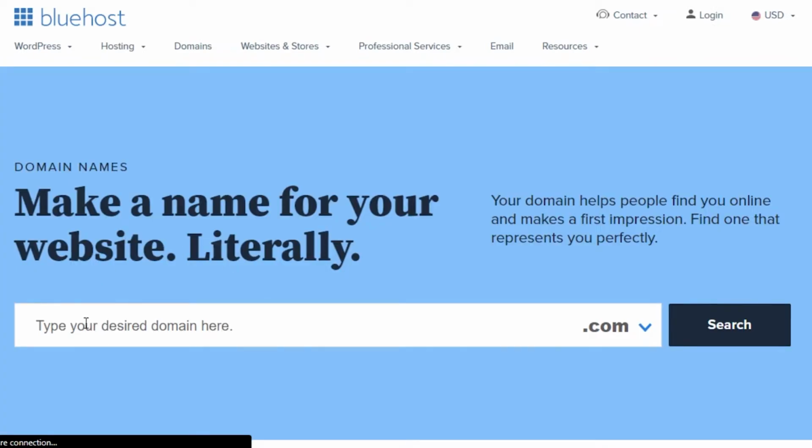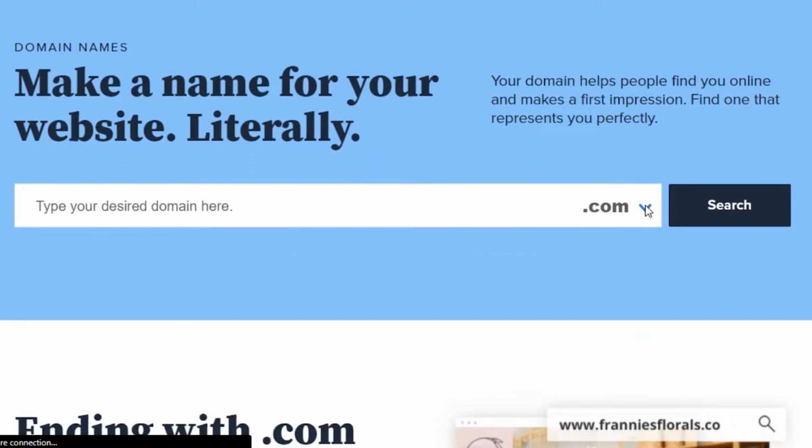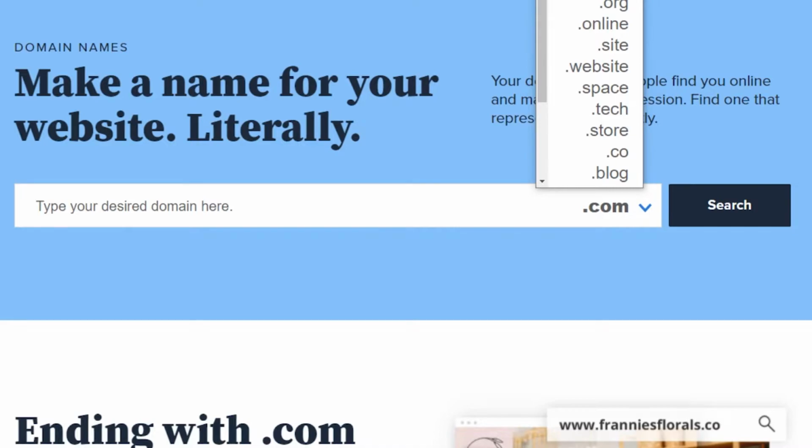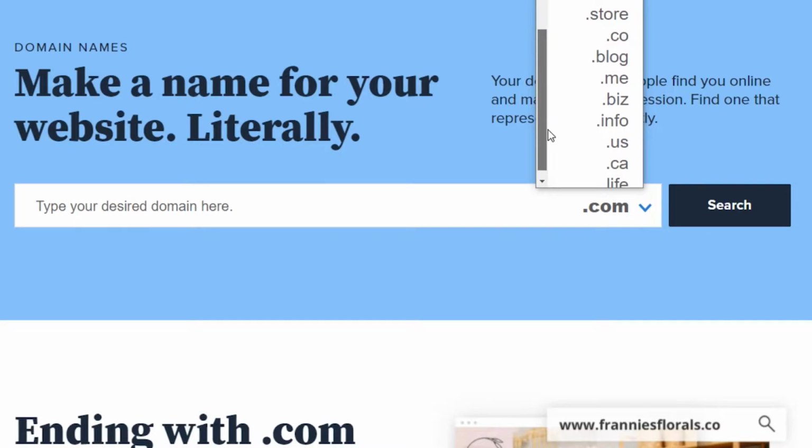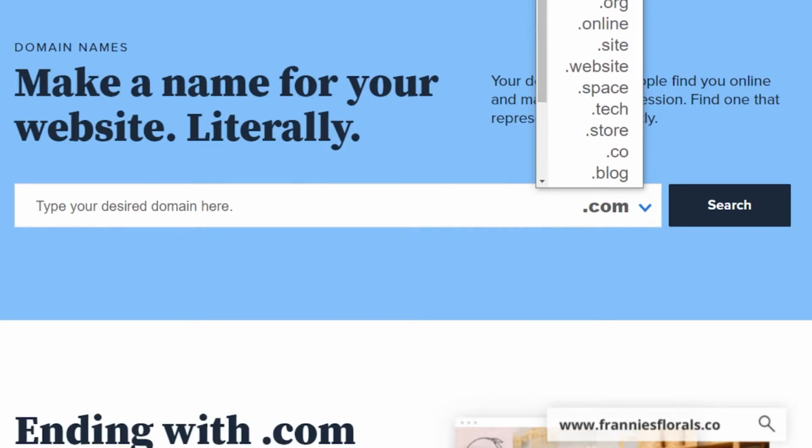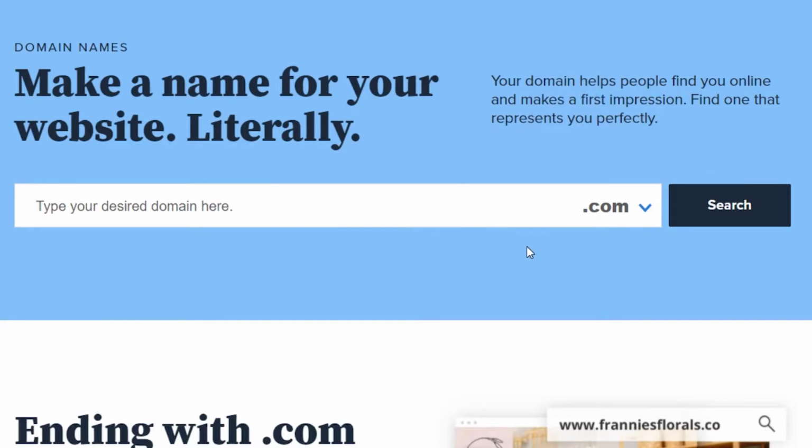You can see right here we have our search bar. I can simply search for any of the domain names. All of them are available right here. If I click right here, then I will be able to check a drop down menu. In here we have .com, .net, .online, .site, .tech, .store, .blog. All of the domain names are available. .com and .tech, .info. All of these are available, and when you will be doing WordPress hosting, then you will